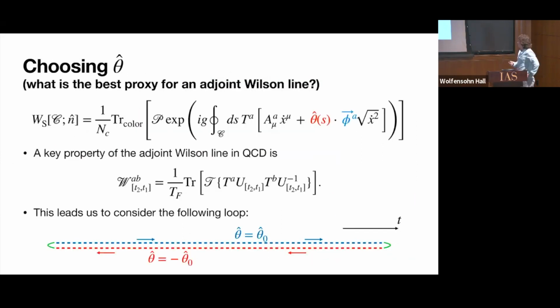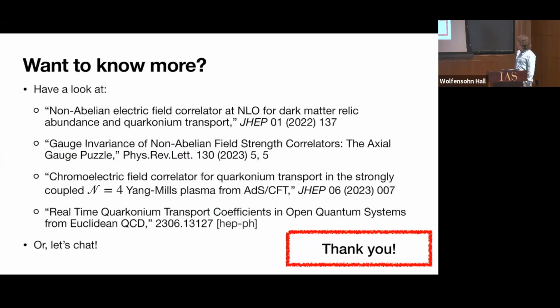So in the final seconds I have, I'll tell you what we ended up doing for the background Wilson loop. To describe that adjoint Wilson line, we found that it was really crucial to preserve this property from the QCD Wilson line, which is that you can decompose an adjoint Wilson line in terms of a fundamental and an anti-fundamental line, which are the inverse of each other. And to preserve this property in holography, if we keep the S5 coordinate explicit, we found that the right thing to do was to flip the S5 direction as you go back through the loop. And that's all I can tell you in 5 minutes.